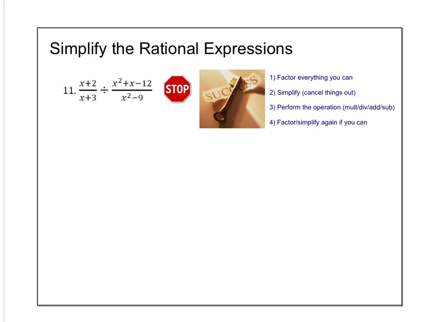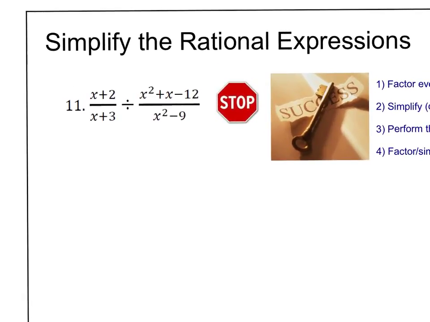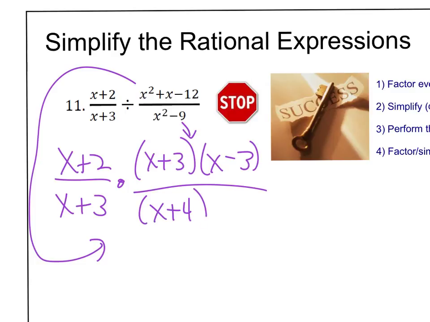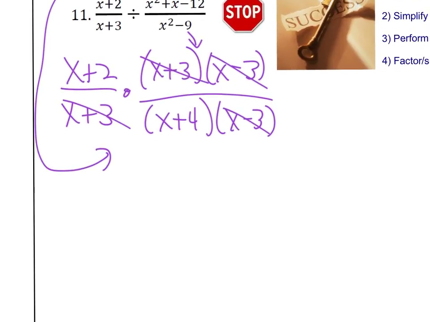So, same kind of idea here. Factor, simplify, do the operation. So this, x plus 2, x plus 3, times x plus 3, x minus 3. Notice I went from bottom to top, top to bottom. Now I start canceling out what you can. So I got x minus 3, x minus 3, x plus 3, x plus 3. I am left with x plus 2